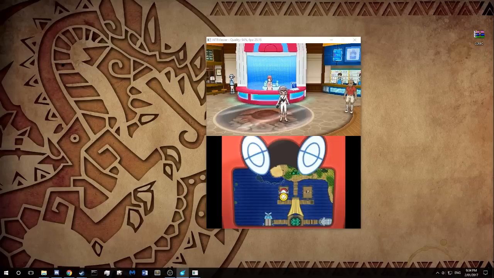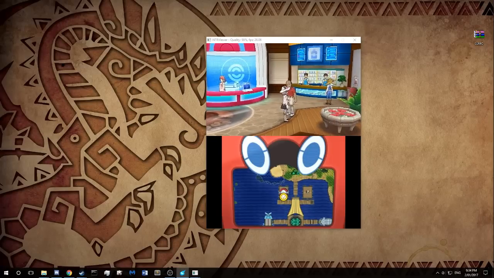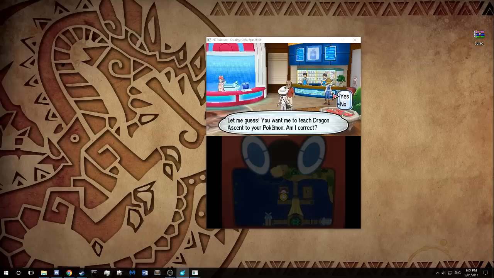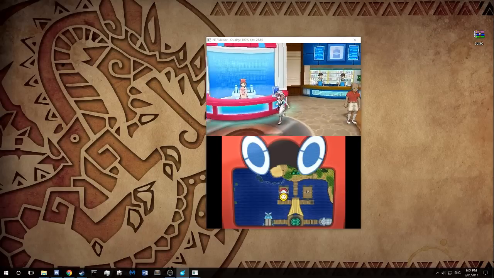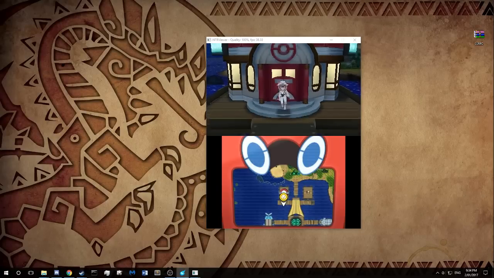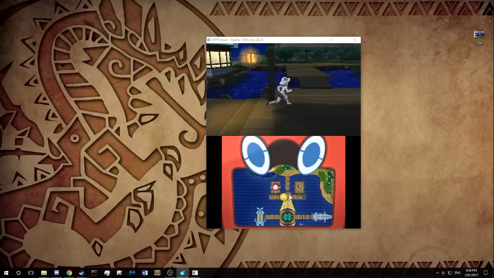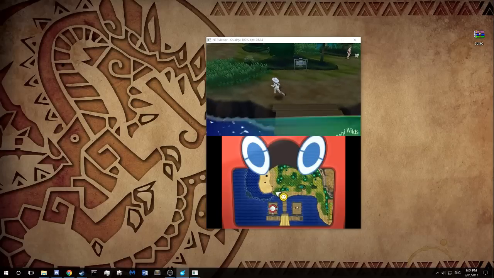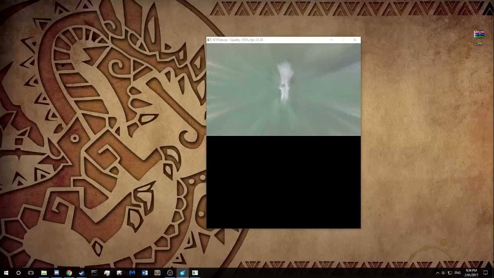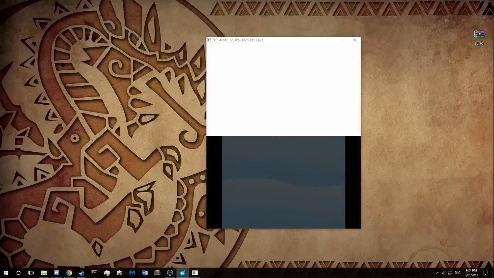So let me show you how these work. Press B to exit the menu, and look at these instant text speeds. Now, you do have to open a menu or move into a different area to see no character outlines, but here we can see how everything looks with no character outlines. Here's a standard encounter with no character outlines,